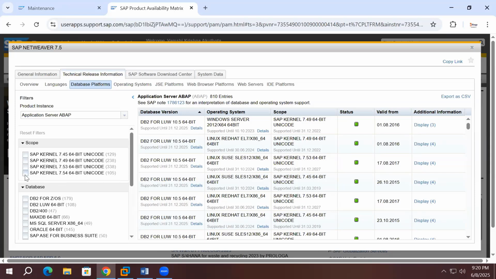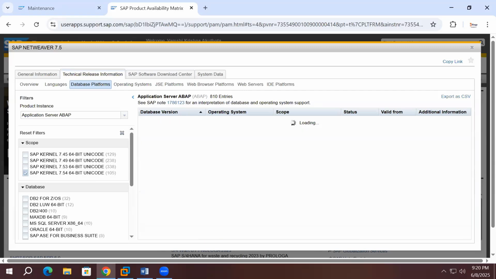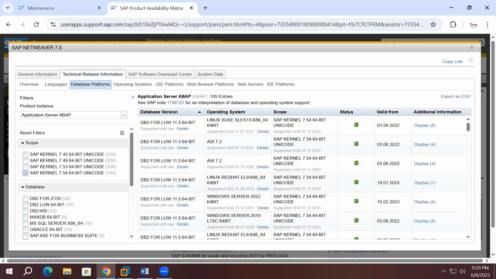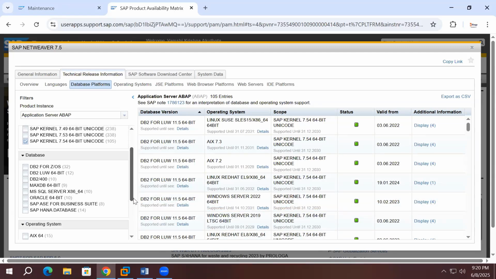In this training, I'm using the latest version. Both will be supported. You can use the 753 kernel or the 754 kernel. In this training, I selected the 754 kernel. Now here, databases are there. These are the